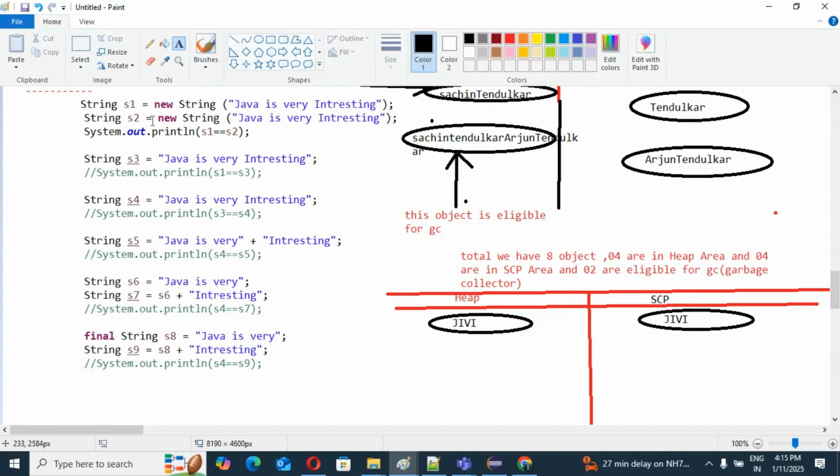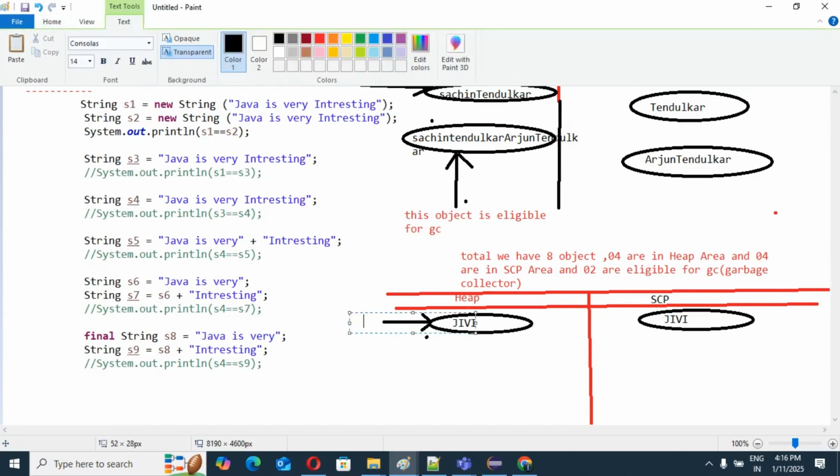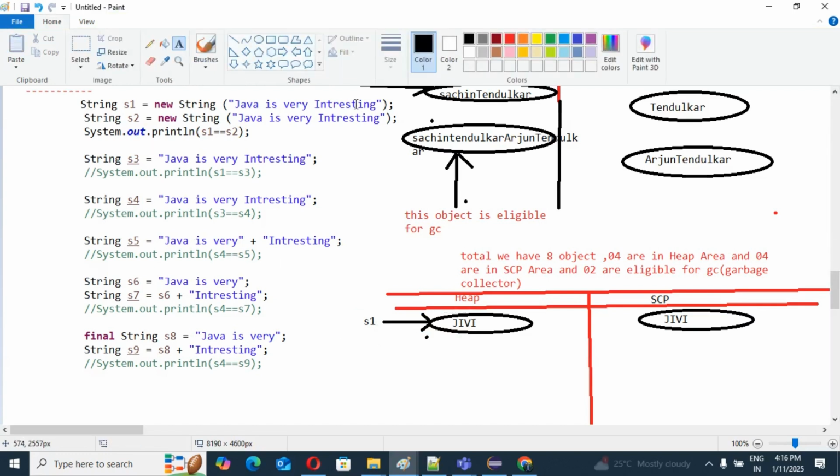This object is pointing to S1, right? Okay, first line over.